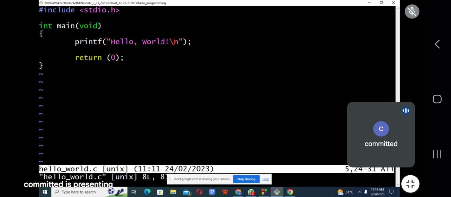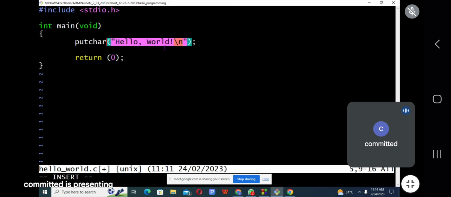Your L is a character. Your D is a character. Your exclamation mark, they are all characters. If you said you are using putchar here, putchar will not print all these things for you. Let us try it. Let's give it a try.